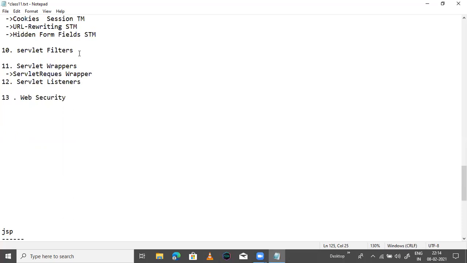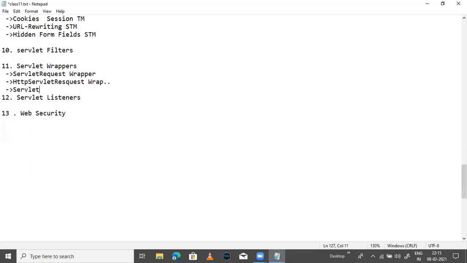Servlet request wrapper, and next is HTTP servlet request wrapper. And next are the servlet response wrapper and HTTP servlet response wrapper.